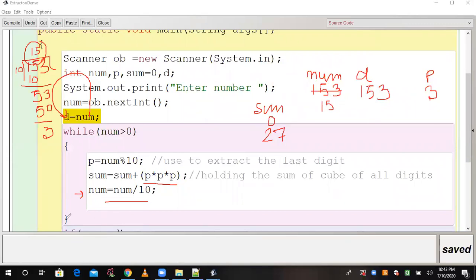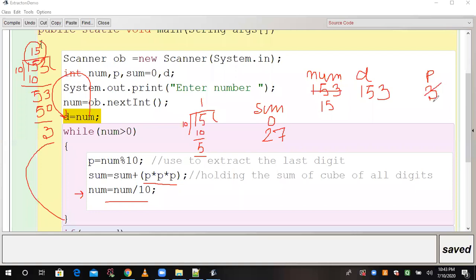Again we have to check the condition. Num is greater than 0. 15 is greater than 0. Now we will divide 15 by 10, then what will happen? 15 divided by 10. 10 ones are 10, no problem. I have no problem in doing the dry run. So what will come in P?